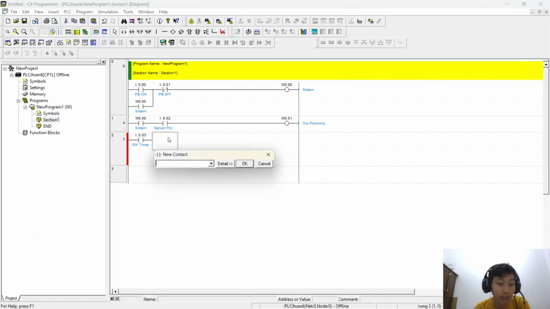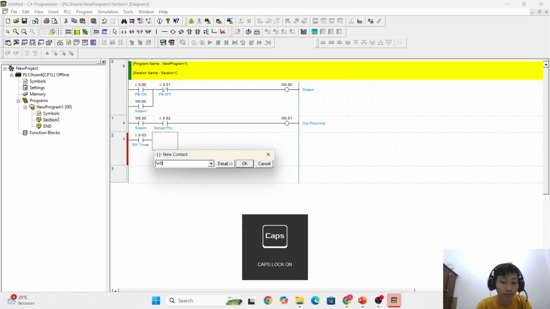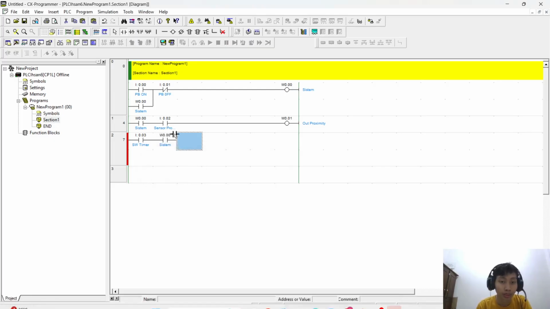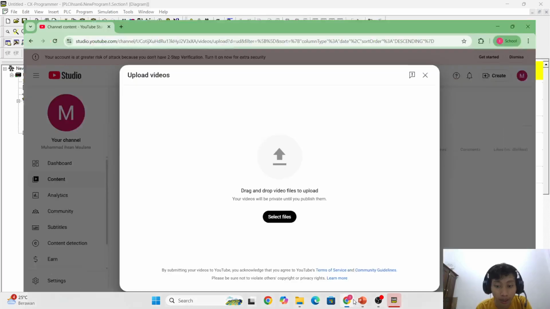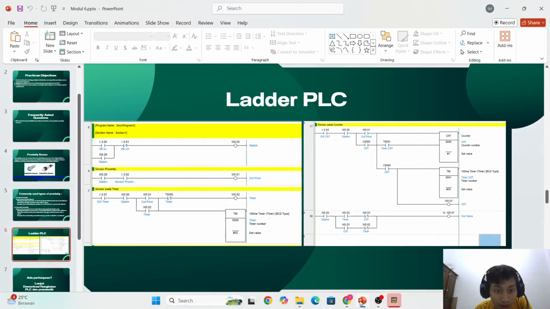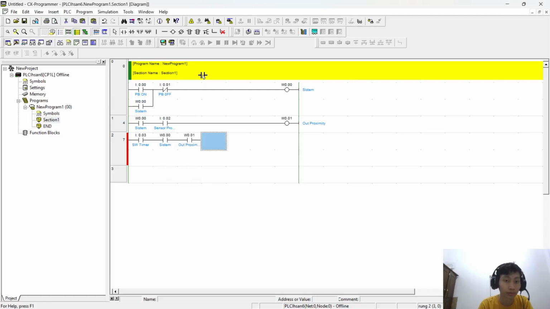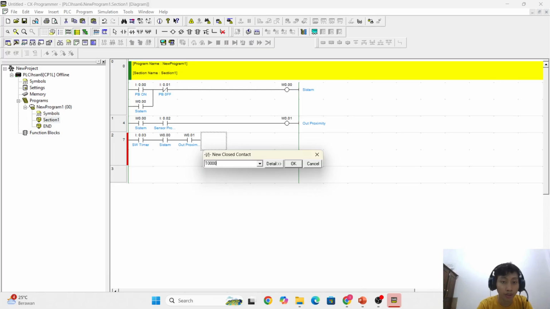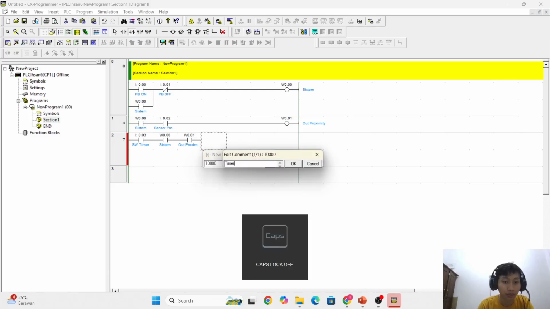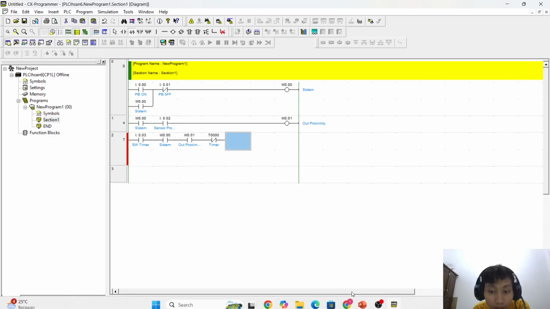Don't forget to make a system. Okay, and the next one is out proximity and timer T0000. Okay, timer.